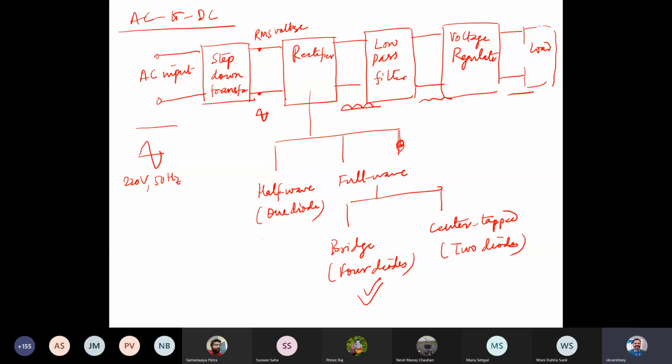If you have an unused power supply, for example an unused mobile charger, you can open it and look at the circuit. Actually, that will be good. You can just open it like I showed you. This is one of the mobile power supplies I showed you, from a mobile charger, so you can open it also and have a look at the components.